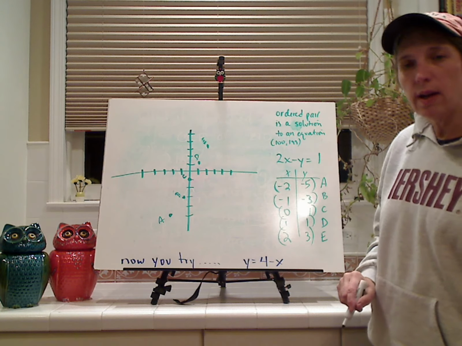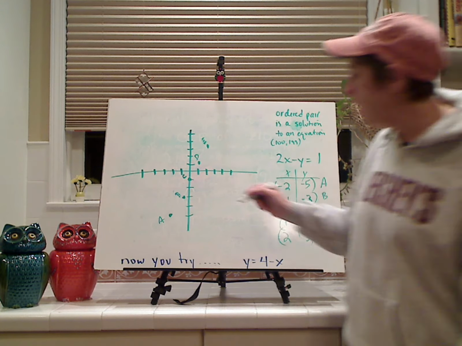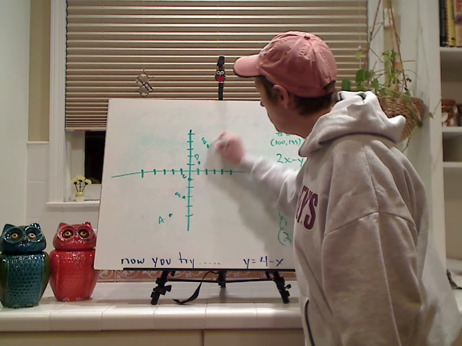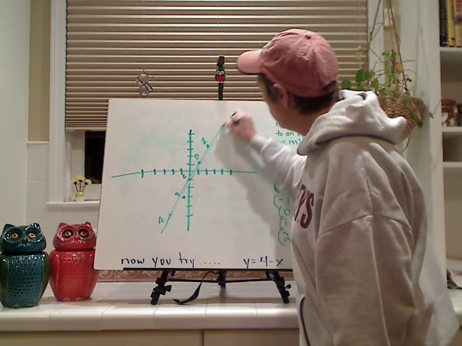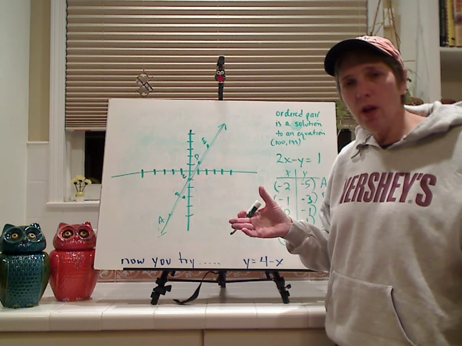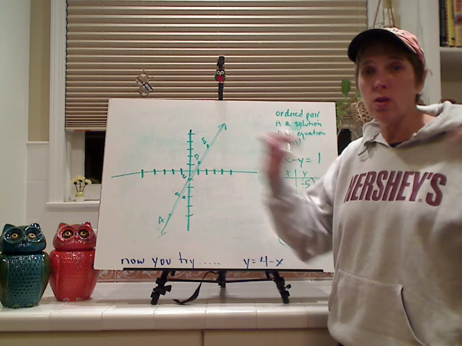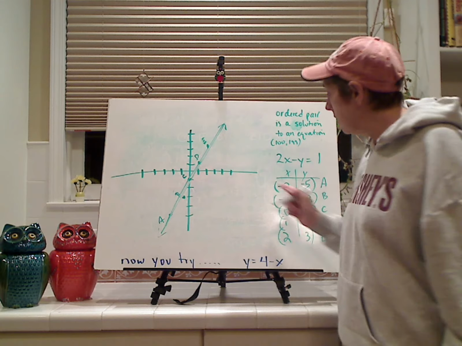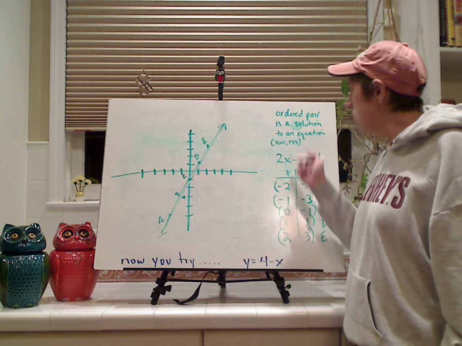Now, we have to connect the dots, and we have to draw a line. So, you know, you don't have to be perfect. You just want to do a rough sketch through it. And notice I put arrows on each end because this is telling you that the solutions go on infinitely, and anything that falls on this line will be an ordered pair that is a solution to the equation 2x